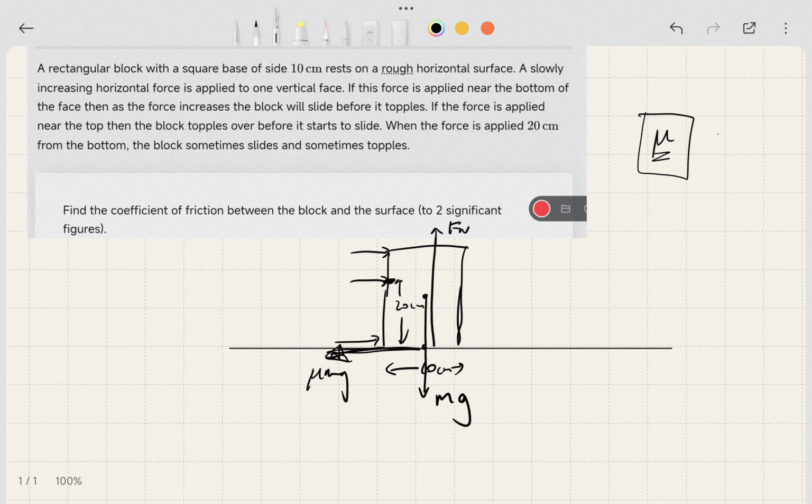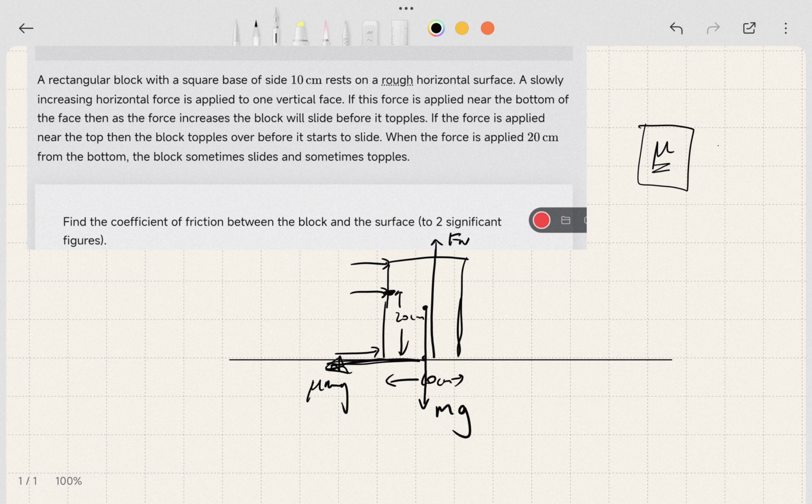I think using the first and the third information about when the force is applied to the bottom or top of the rectangular block doesn't serve us any use. Let's use the second piece of information when the force is applied to 20 centimeters from the surface. We know that in this case, what would happen is,